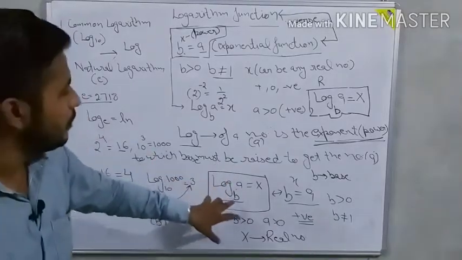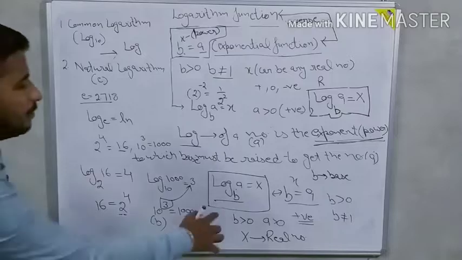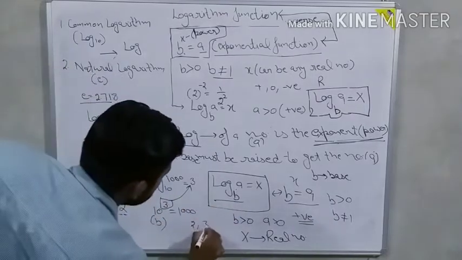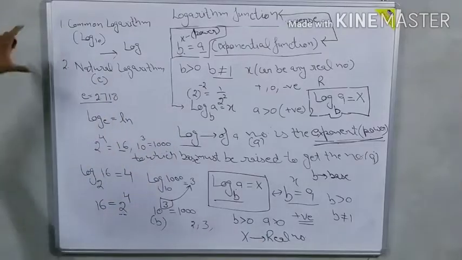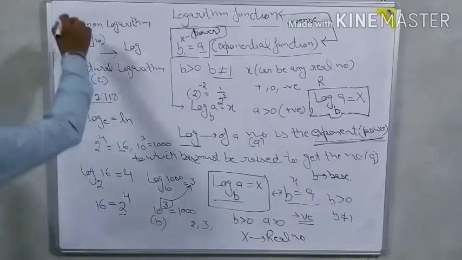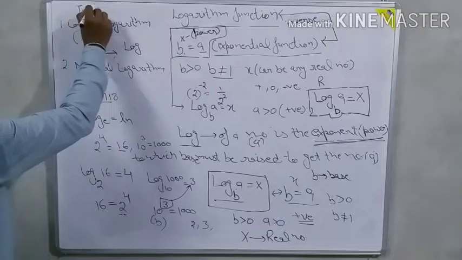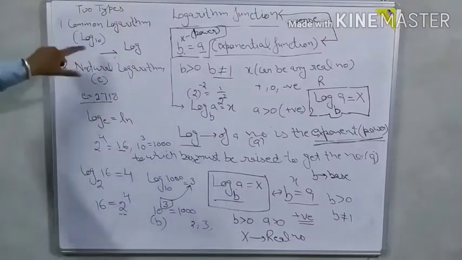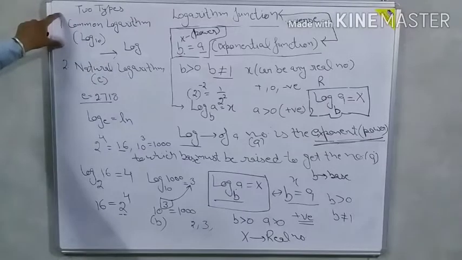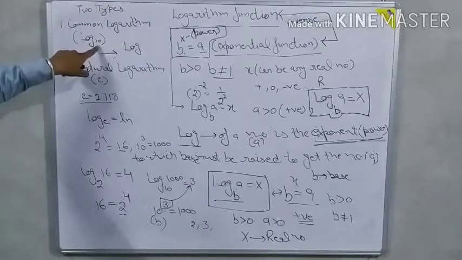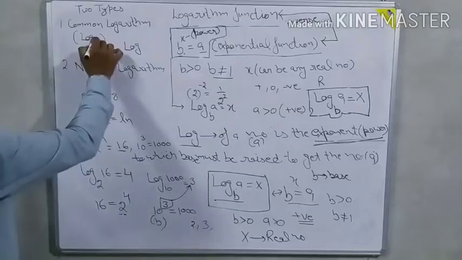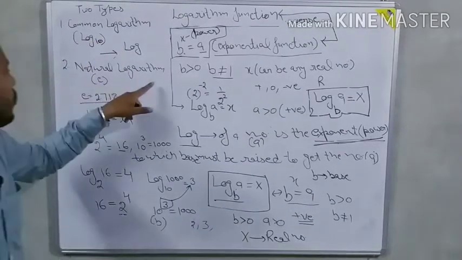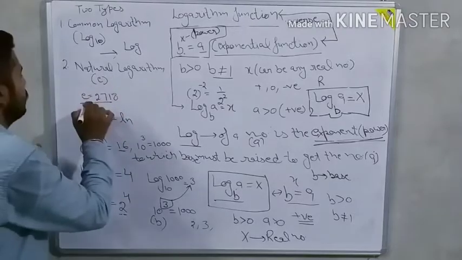Now log can be with any base. B can be any positive number, 2, 3, 4, 5. But commonly we use two types of logarithms based on the base. The first one is common logarithm with base 10, and it is written as log with base 10. And the second one is natural logarithm, and it is with base e. E is the Euler number